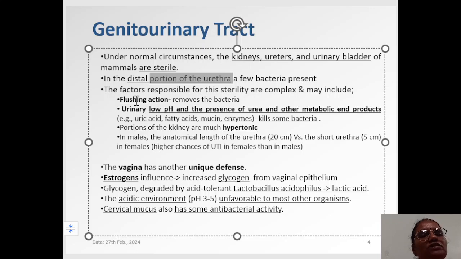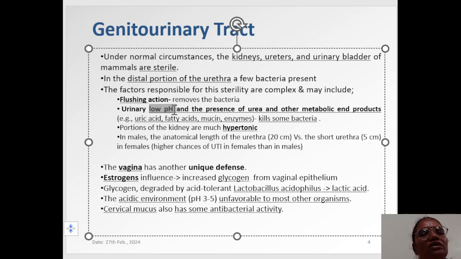It includes the flushing action. Urination. During the process of urination, the urine is removed from the body in the form of a rapid flow, and that rapid flow of the urine will help to eliminate the organisms adhered in this area. Next, during urine formation,